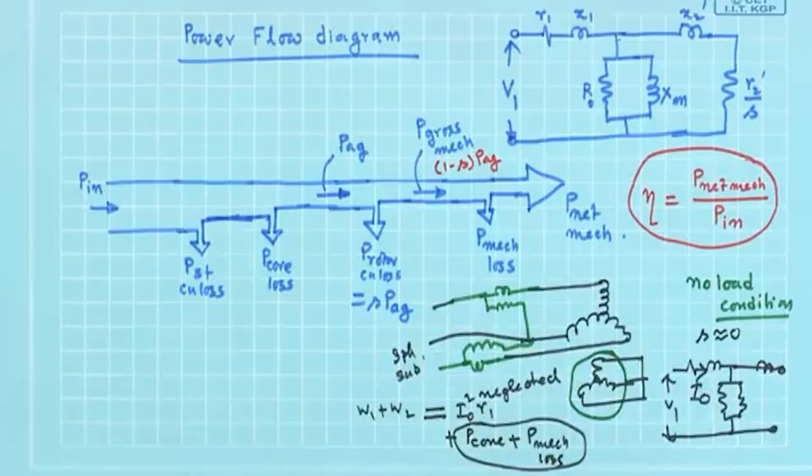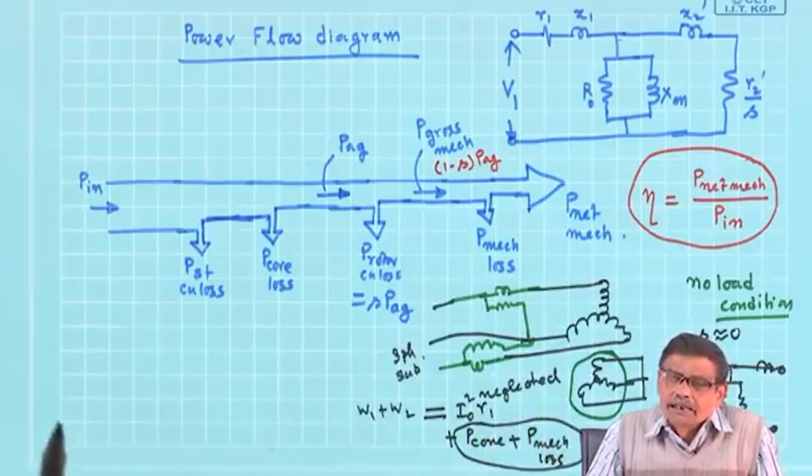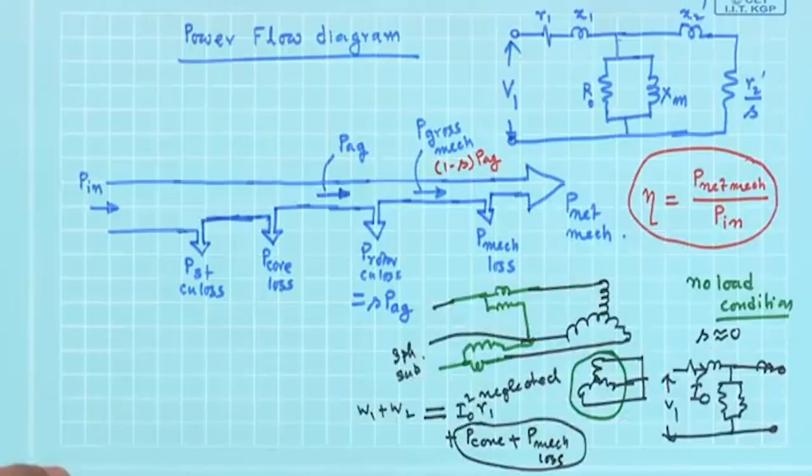But these two will be of a similar nature, because in an induction motor eddy current loss does not occur in the rotor iron bodies, only in the stator iron body it occurs. In the rotor it occurs, but the frequency is so small it can be neglected. Therefore, these two losses together are called P rotational loss. Well, right now it cannot be separated. I cannot say how much of it is core loss, how much of it is frictional. But anyway,